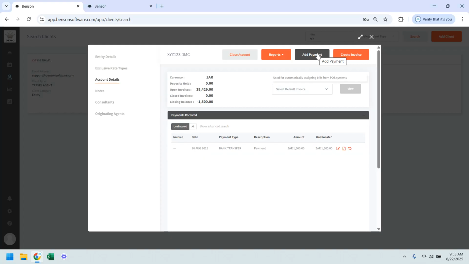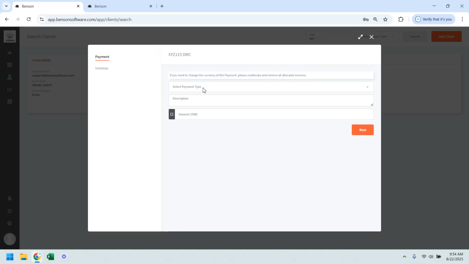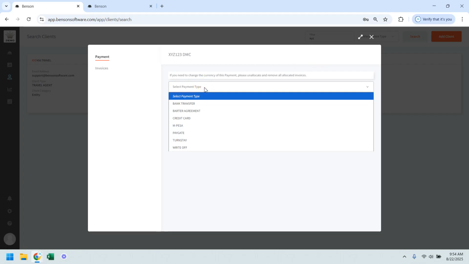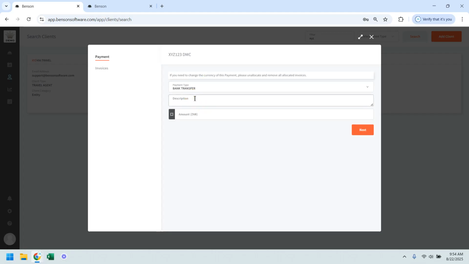The payment button lets you add a payment to the account. However, this amount will then be unallocated as it needs to be assigned to a specific invoice or reservation. Select Add Payment. Select your payment type, a description if you wish, and the amount that has been paid. Select Next